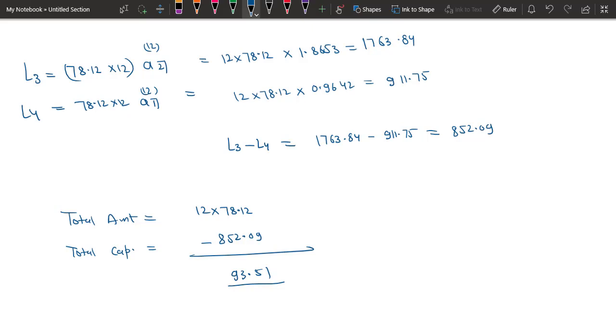Your exam style questions are going to be very different from these questions. In those questions in exam, you will have to restructure the loan schedule. You will have to reduce the time or term of the loan. So we will do those questions in next video, and we'll practice some of the questions.